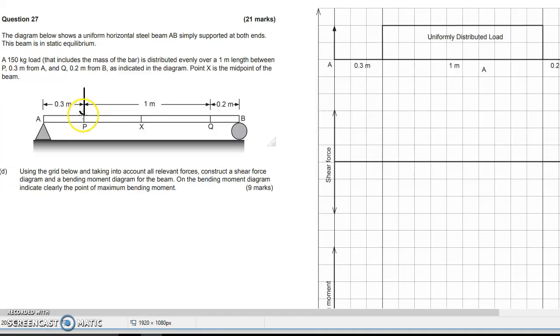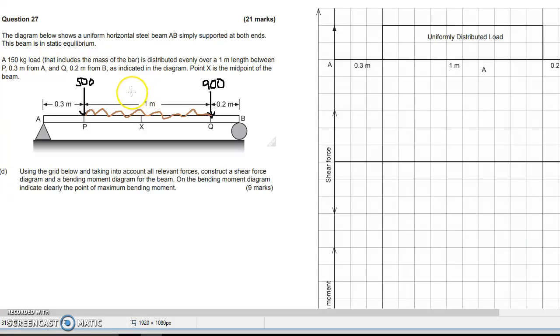So we're going to add a 500 Newton force here at the beginning of the UDL. And we're going to add a 900 Newton force here at the end of it. Now this question here, if you read it, it says there is a 150 kilogram load that includes the mass of the bar. It's distributed evenly over a 1 meter length between points P and Q. So there's a UDL